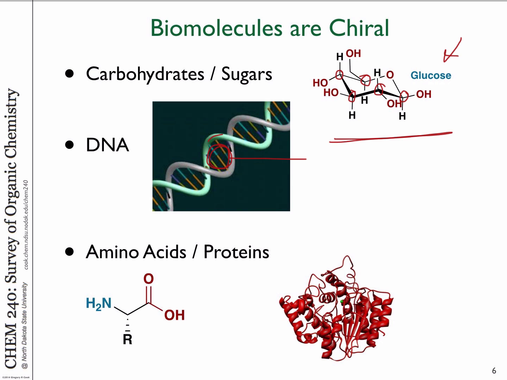However, the backbone of DNA, which we didn't talk about last time, anybody know what that's made of? Sugars, yeah. Deoxyribose. Those are sugar molecules which are linked together, which are holding those bases. But because those sugar molecules are chiral, DNA is chiral. And DNA actually forms a helix in a particular direction, because of the chirality of the sugars, the specific mirror image of the sugars, and it's just one mirror image that's used in nature,